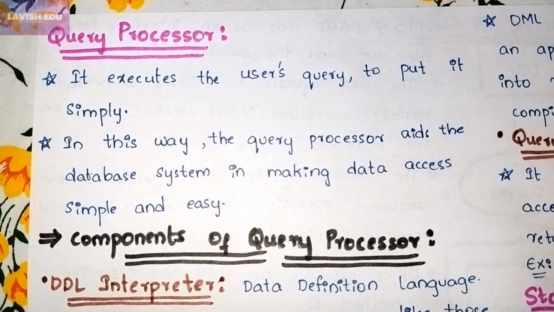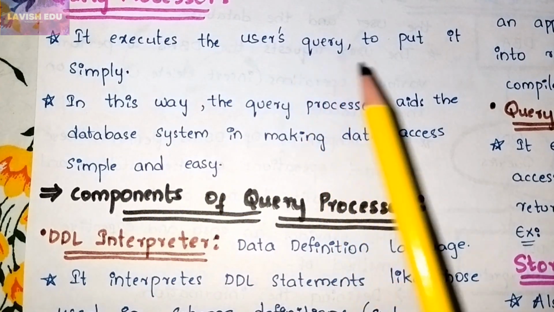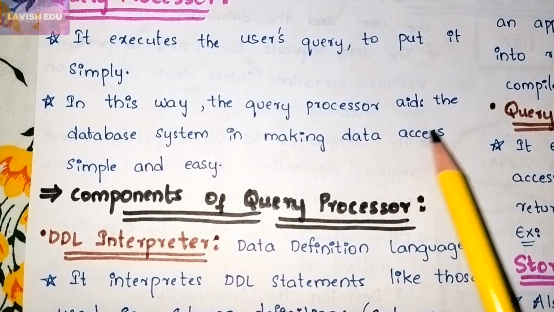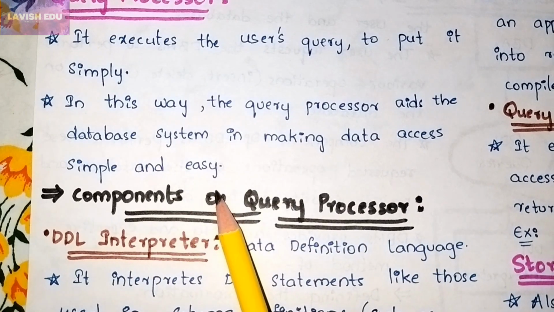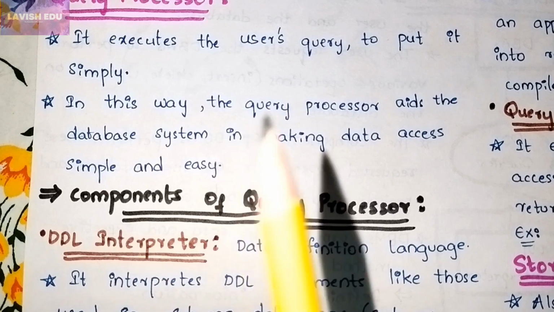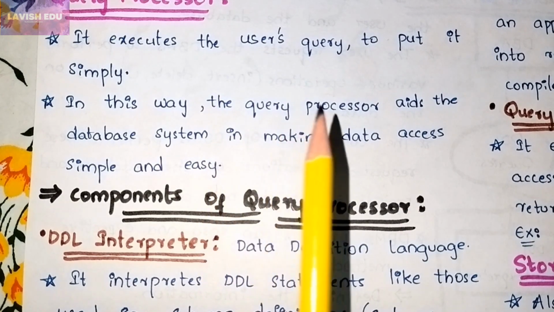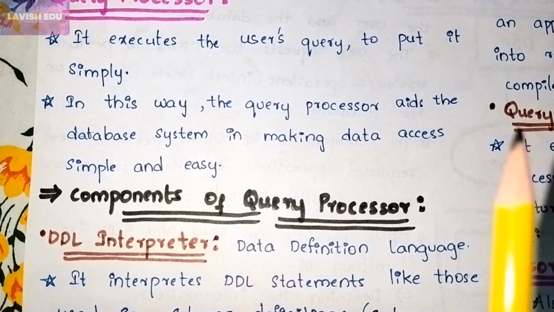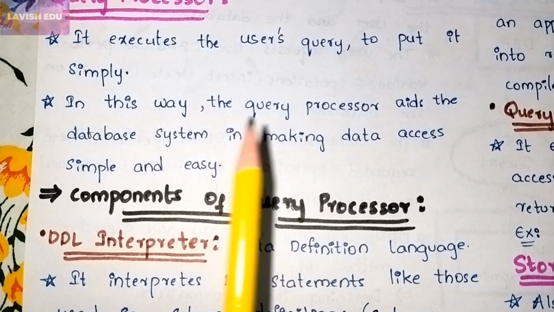So first we have the query processor. The query processor is the one that executes queries, to put it simply. In this way, the query processor aids the data system in making data access simple and easy. What it will do is make our operations simple as well as easy to perform. That is, if we give any sort of operation like an insert operation or a deletion operation,